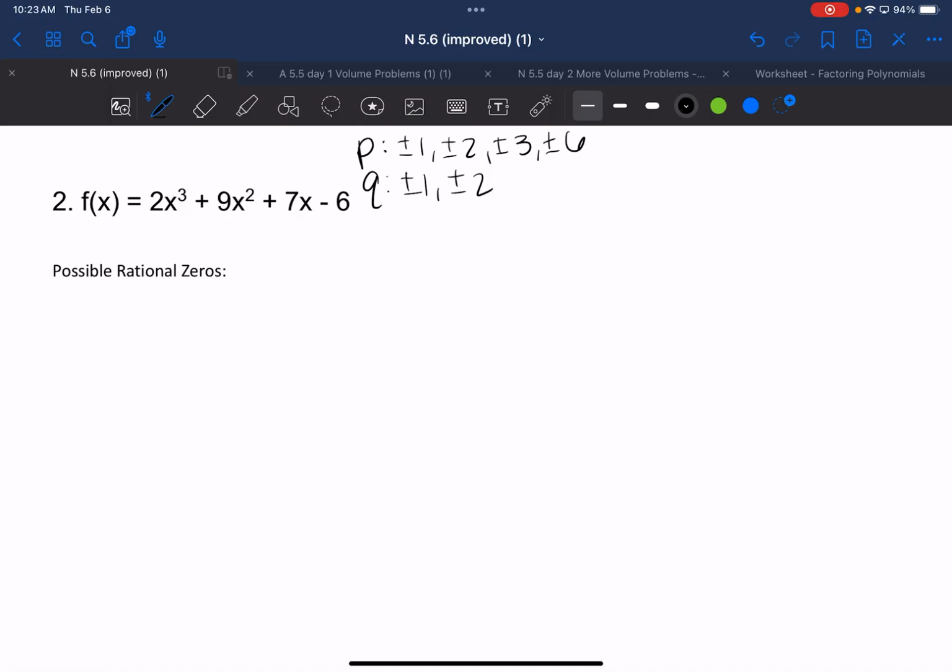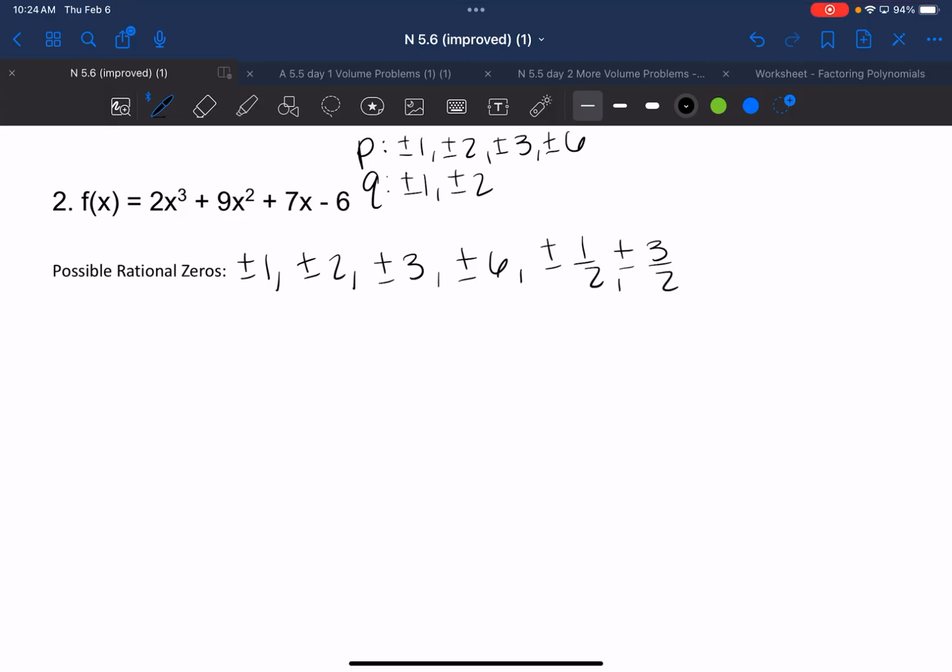All right, looks like most of you guys have a pretty good list there. So we've got our factors for P and Q. What did you guys come up with for your list of P over Q? 1, okay. What else? 2. What else? 3. Okay. 6. Okay. 1 half. All right. And 3 halves. Good. All right. Okay, so remember, these are the things that we're going to get to choose to divide by,